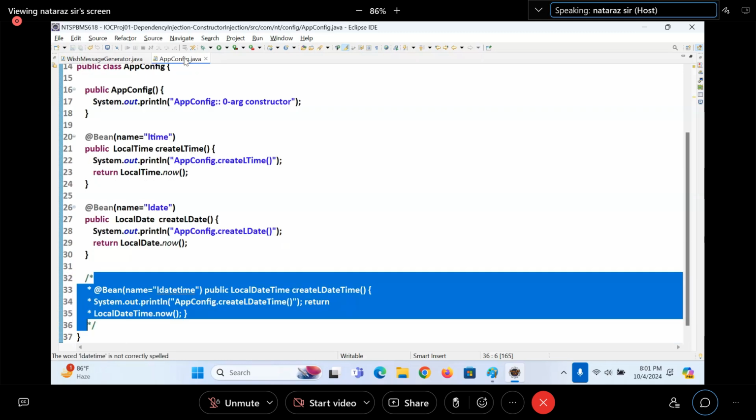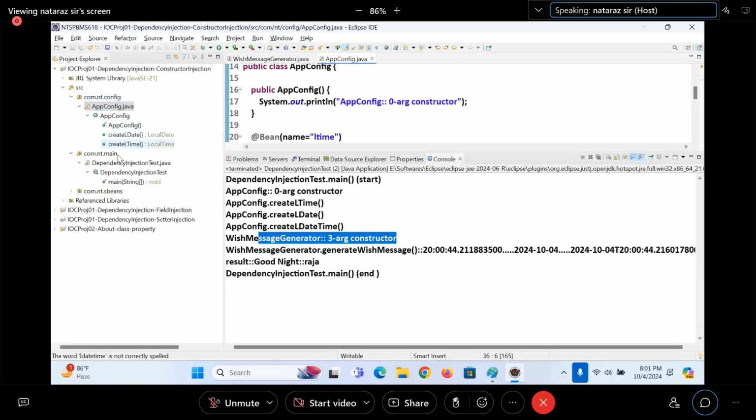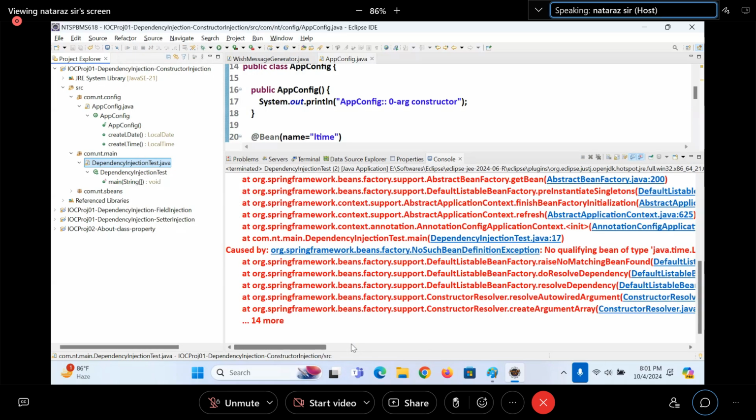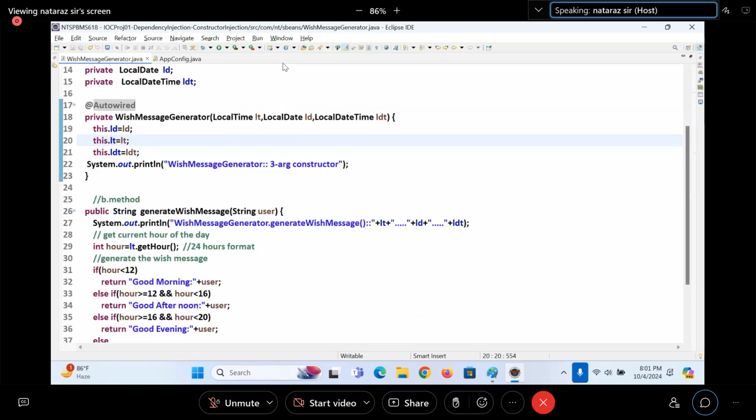Am I going to get success or failure? Right click, run as Java application. You are getting an exception, it is expecting the third one, not there. That's why we are getting the error.